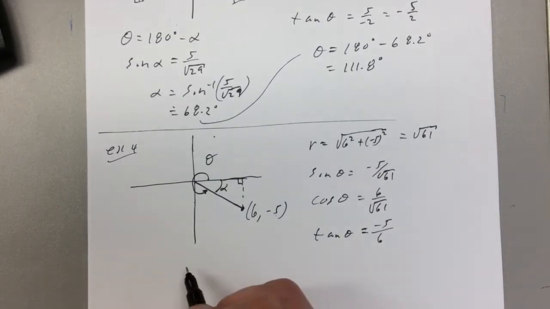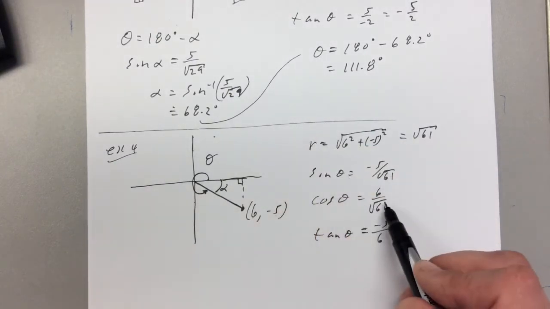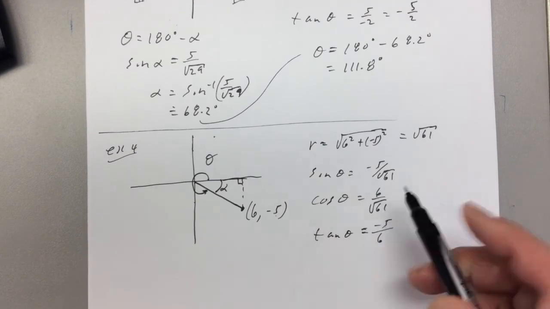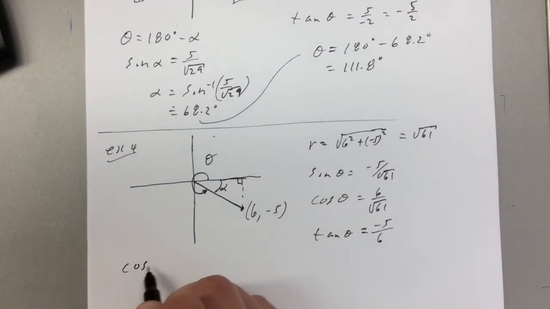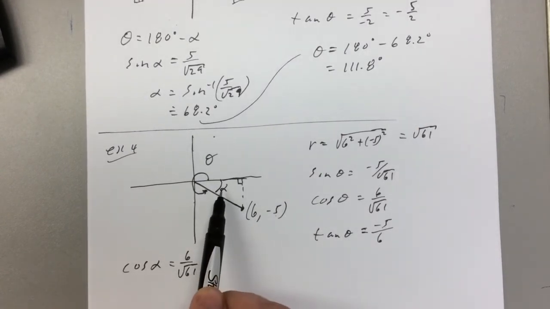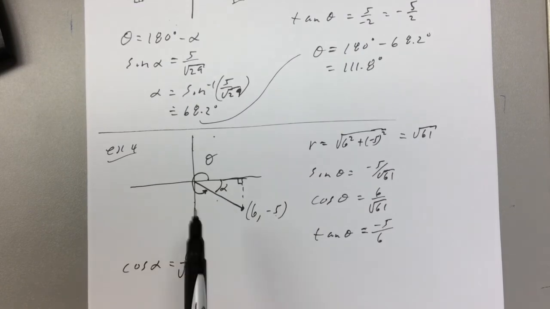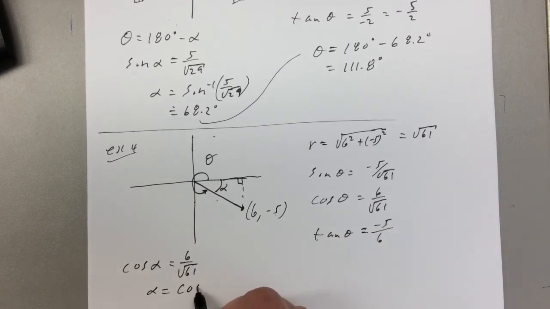And now I tend to want to use the one that's positive here because it's like it's in the first quadrant. So cos theta is 6 over root 61 to find the angle. Well, cos alpha is also 6 over root 61. Okay, so if I look at alpha, cos of that angle is adjacent, which is 6, the x is 6, over the hypotenuse, which is root 61. Okay, so alpha equals cos inverse of 6 over root 61. And that would give us